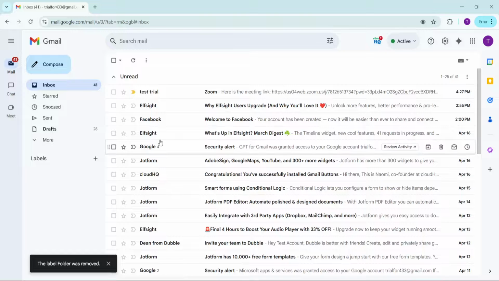This dual approach of editing and removing labels is an excellent way to keep your Gmail account organized. Labels help categorize your emails, making it easier to find specific messages and prioritize tasks. Periodically revisiting your label setup can greatly enhance your productivity and ensure your inbox remains a tool rather than an obstacle. Remember, customizing and updating your labels is a simple yet efficient strategy to maintain clarity and order in your